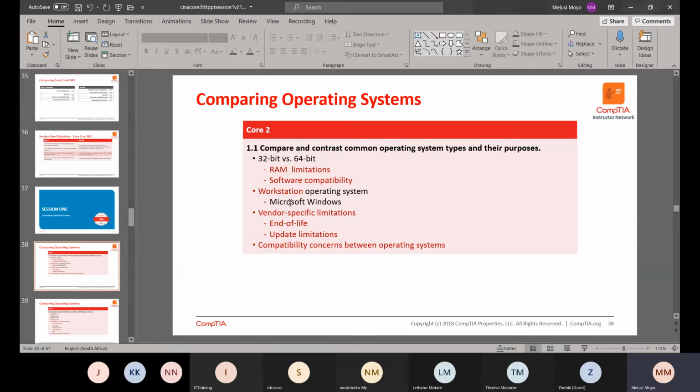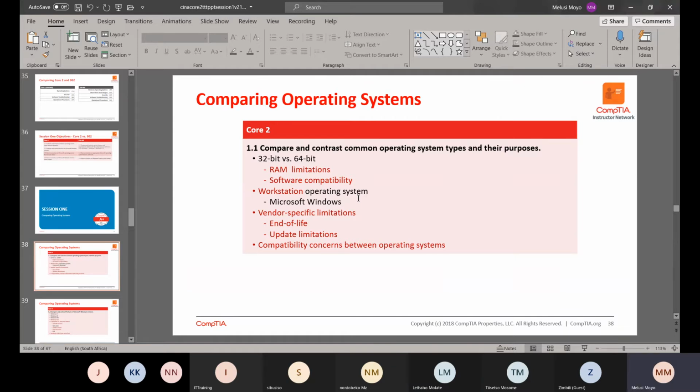And then a workstation operating system, Microsoft Windows. So we have different types of operating systems. Obakeng went through these, the types of operating systems that we have. He said we have the ones under Windows: Windows 7, Windows 8, Windows 10, and now they're introducing, is it Windows 11? I saw people having conversations about Windows. Was it Windows 11 that they're working on, something like that? Yes. So Windows has a lot of those